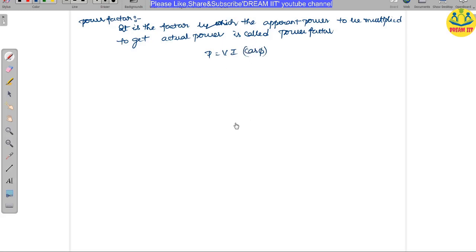From the impedance triangle, so what is the impedance triangle? Here it is R, and this is XL or it may be XC, and here it is Z. Whenever you have the phase angle phi, this is for an inductive load. So let us take a capacitive load. For a capacitive load, XC comes downwards, and this is the impedance. Here is the phase angle phi.